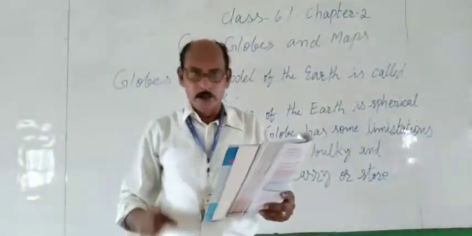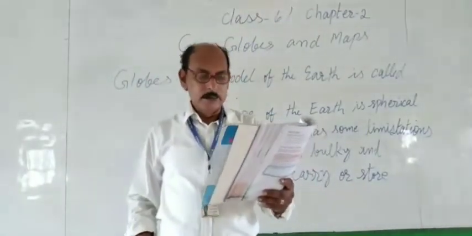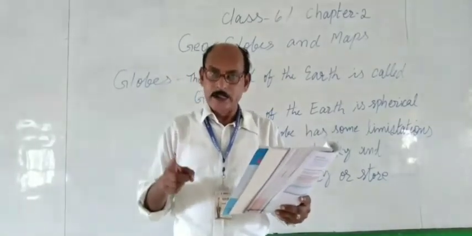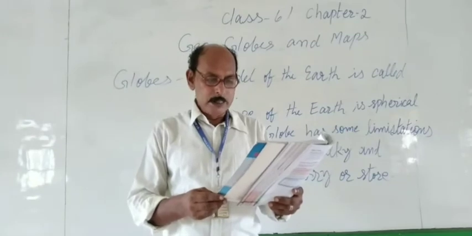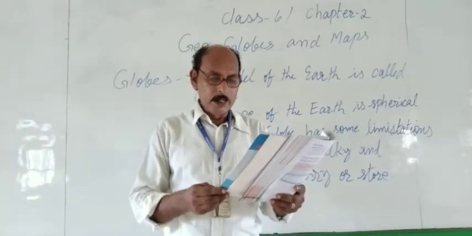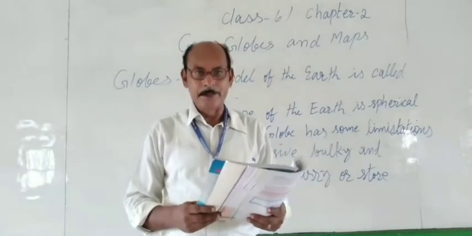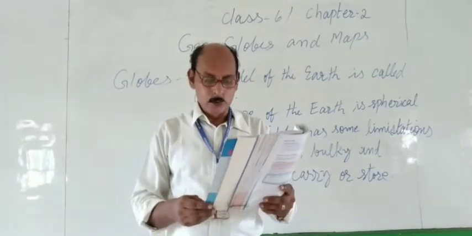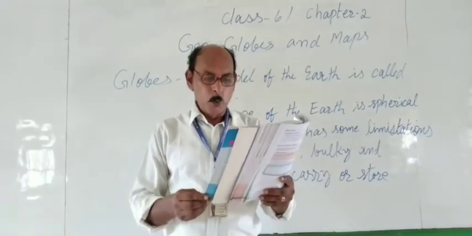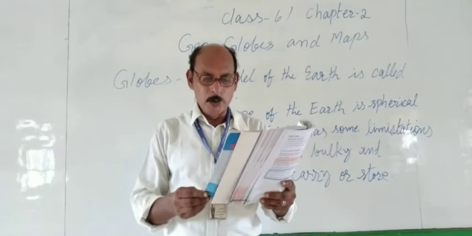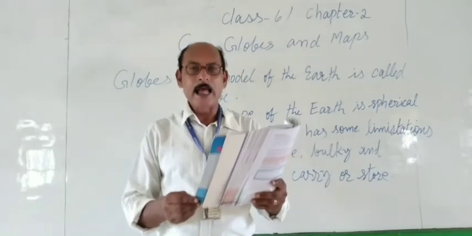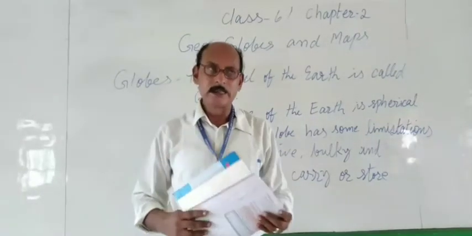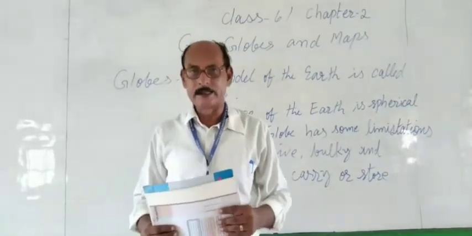For today, there is one question. You have to write this question in the homework copy. Why is the globe always mounted on a tilted shaft? I repeat, the homework question is, why is the globe always mounted on a tilted shaft? Please write the question and keep ready for the corrections.